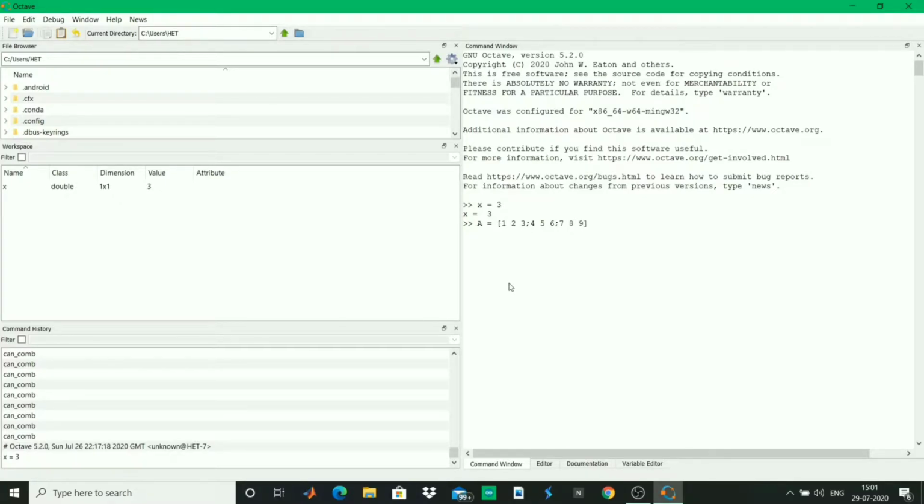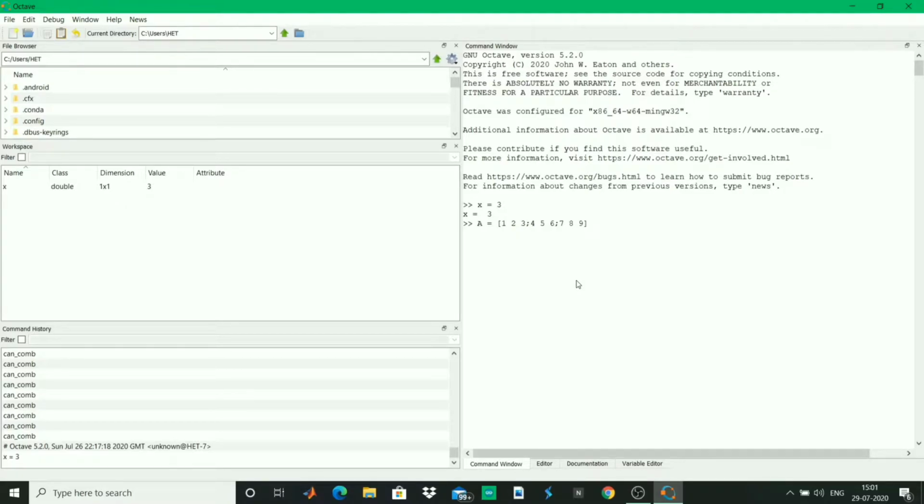The first and foremost rule to create a matrix is to write the array of numbers bounded by square brackets. So we open the matrix with an opening square bracket and close it with a closing square bracket.